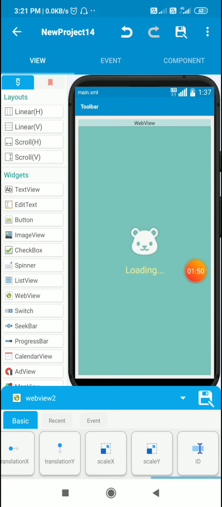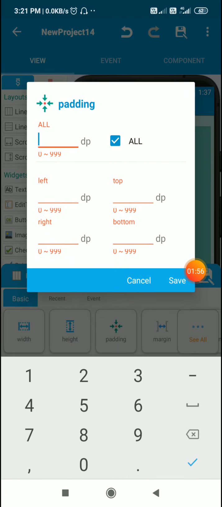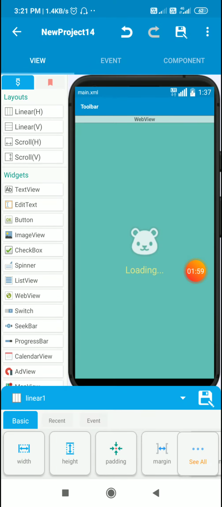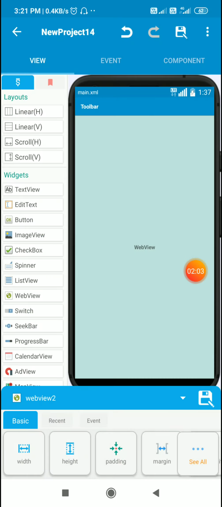Now after doing this I have set the padding of this linear 1 to 0, and I have set height of web view 2 to match parent.